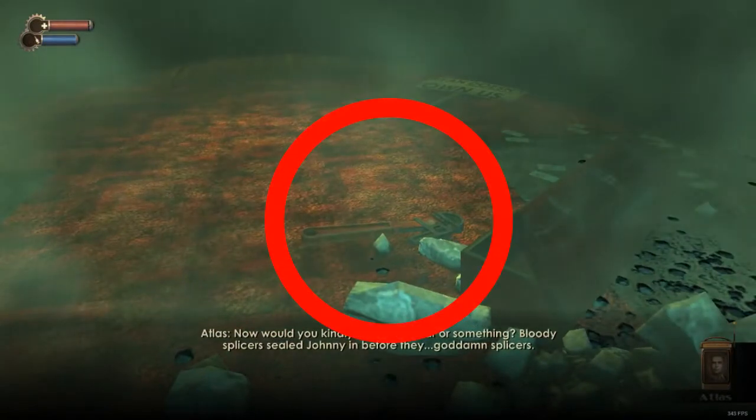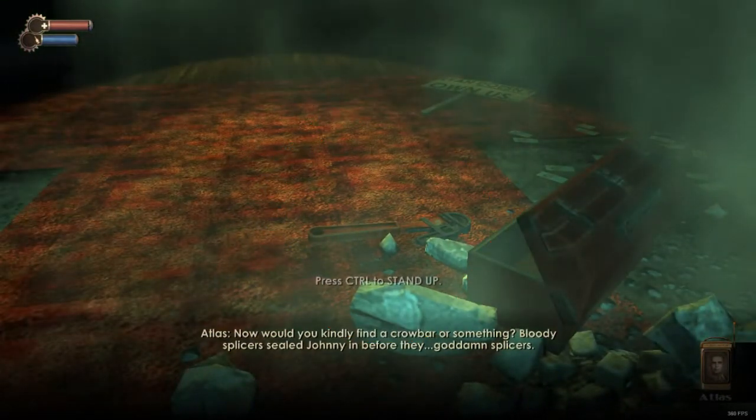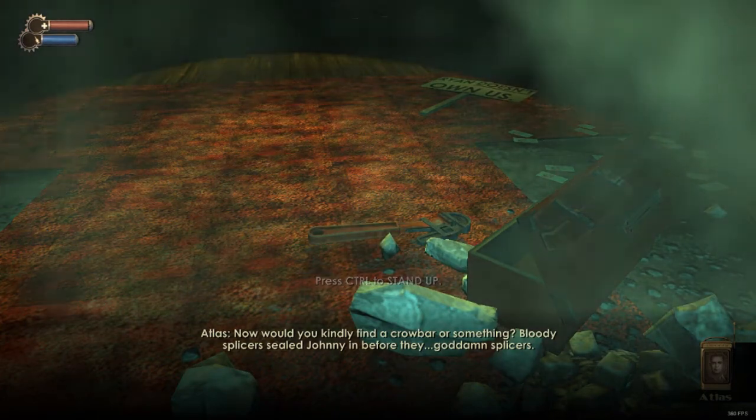Now, would you kindly find a crowbar or something? Bloody splicer, seal Johnny in before they...